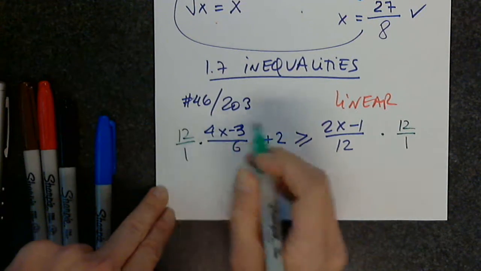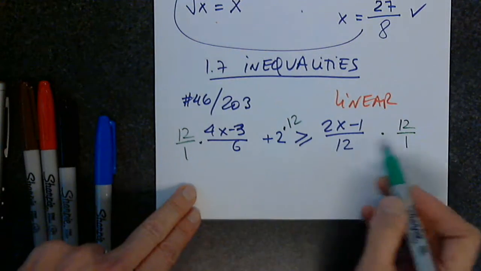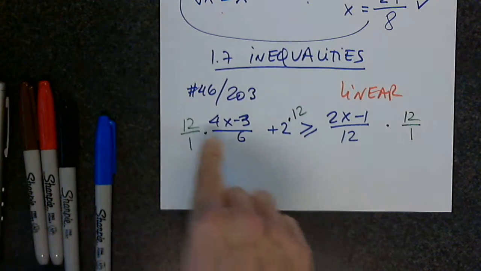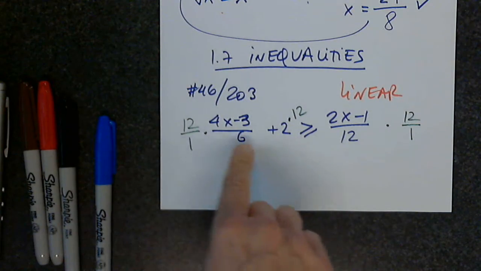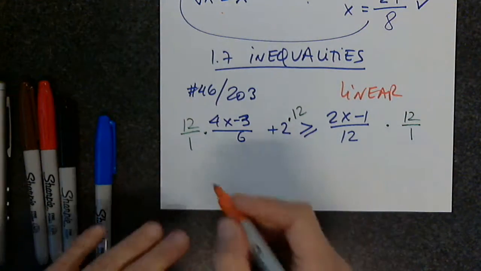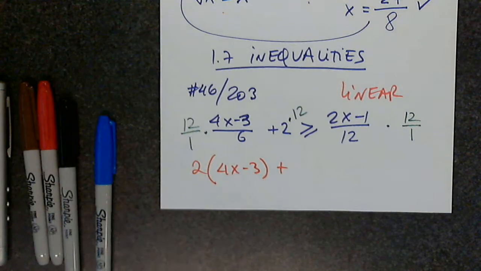So 12 over 1, this one doesn't need 12 over 1. 12 is good enough. And this one, 12 over 1. So when I simplify 6 and 12, 2 at the top, do you agree? So then 2 quantity 4x minus 3 plus. The next one is easy because the denominator is 1, so then I get,